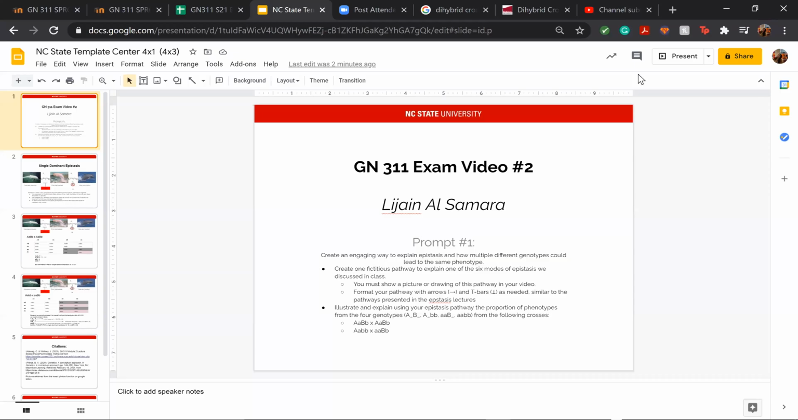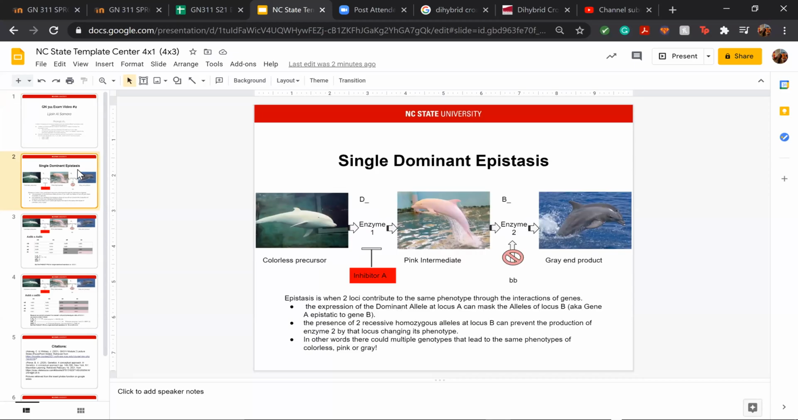My name is Lejane and I did prompt 1 and I chose single dominant epistasis to explain it. So what epistasis really is, is when two loci contribute to the same phenotype. So when we're looking at traits, we often think that one genotype is specific to one phenotype, when in reality,